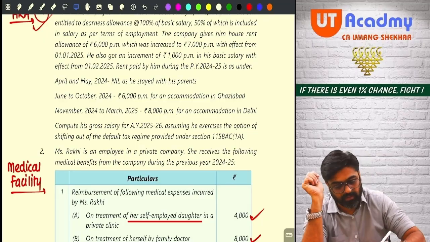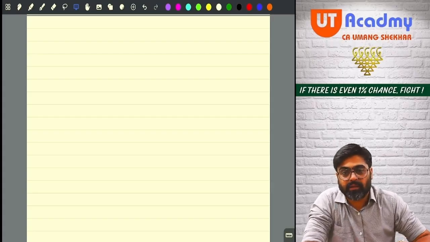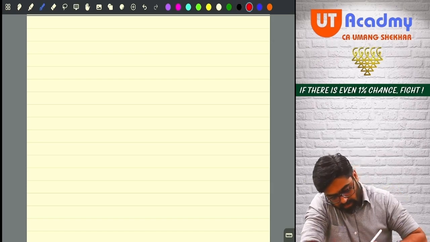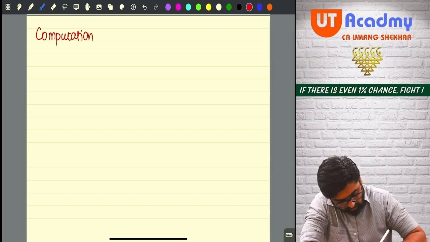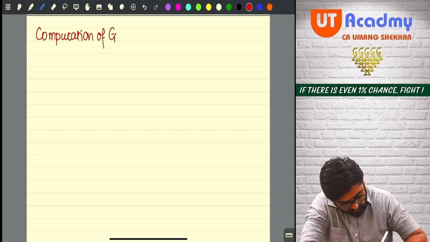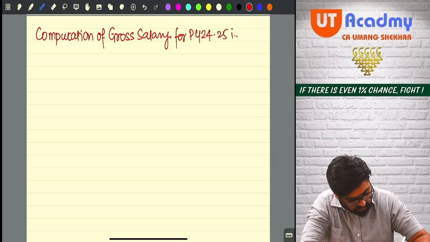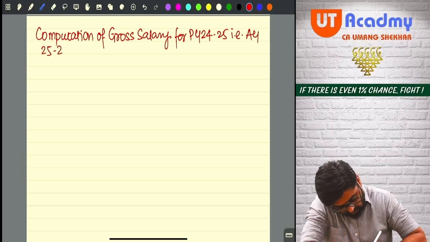We are going to solve the question, saying that the assessee is shifting out of 115 BAC. Right? Pay attention. I'll make the computation. Computation of gross salary for previous year 24-25, that is assessment year 25-26